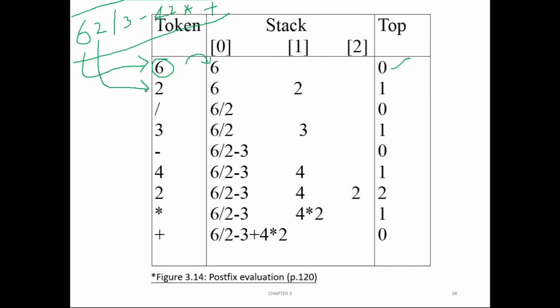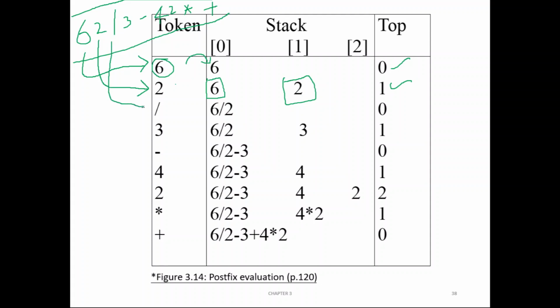Is it an operand or operator? Again it is an operand. Push to the next location of the stack, that is, push into the top of the stack. So the 0th position of the stack contains 6, and the current top element is 2. The top pointer is pointing to the first location, because this is the topmost element. Okay, fine. Next token is what?